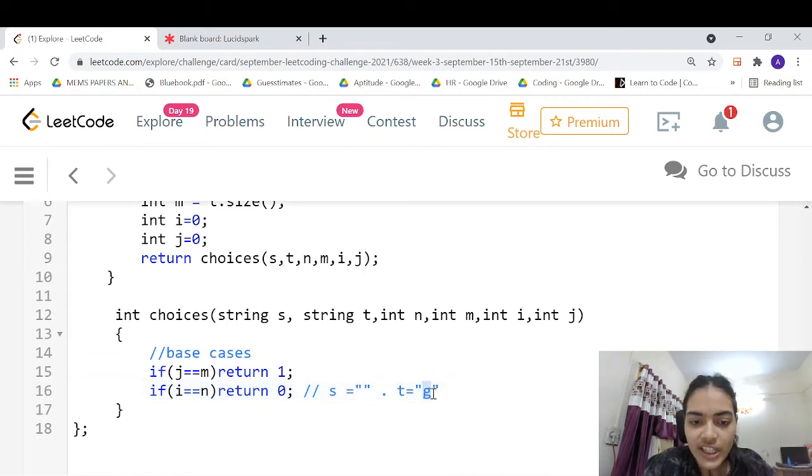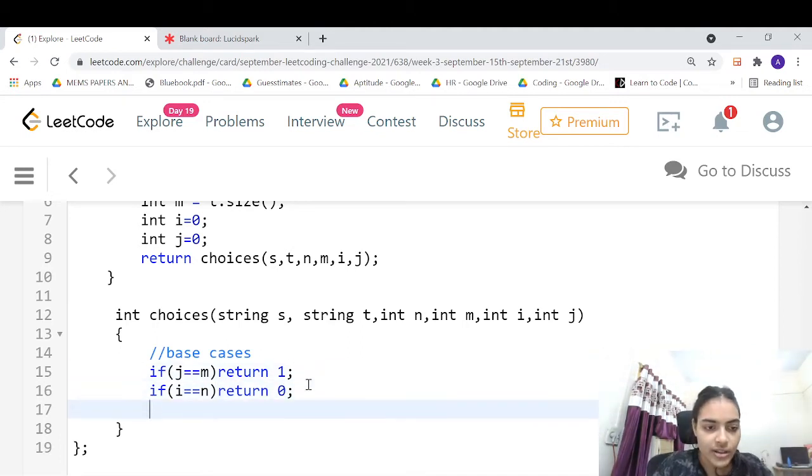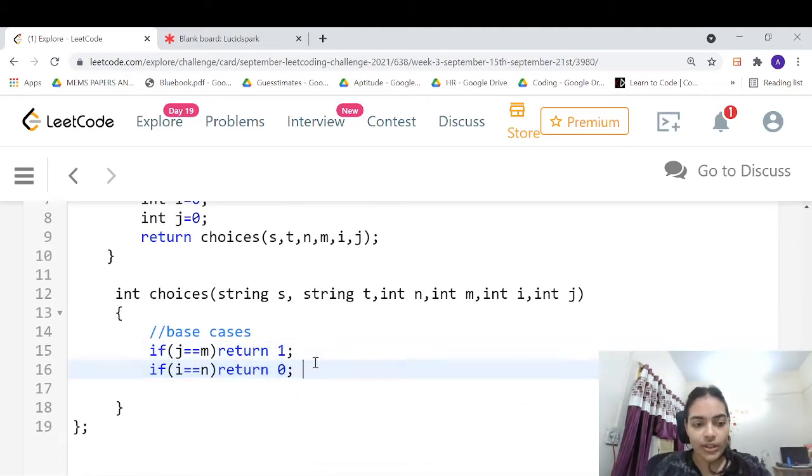How can you form g from an empty string? You cannot. You need some characters like g or ag or gag or whatever. You need something in s to form g. But if s is empty, how can you form g? So this is that base case, and in that case you will return 0. Now these are the two base cases that you need to take care of.